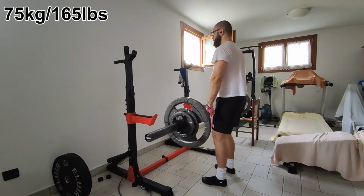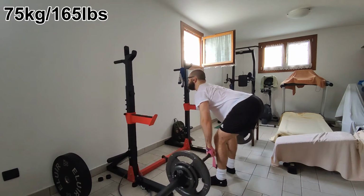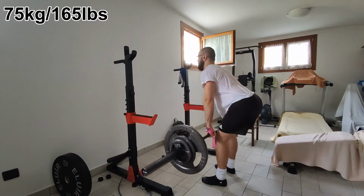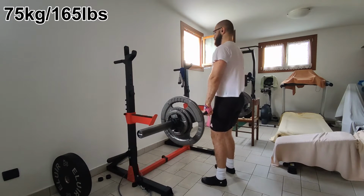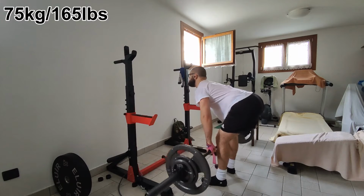Also, check out the color matching. I went black, white from bottom up. It was just random, I didn't really want to do it on purpose. However, the rest went fine, they went very, very nicely. Nothing else to say. I just feel like they are a weird exercise, because I always feel like that. I do stiff legged